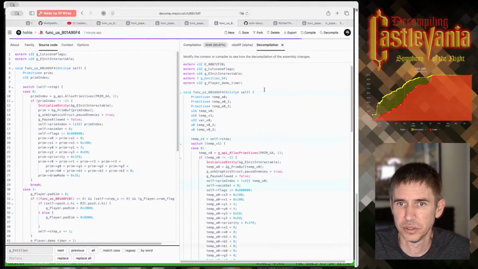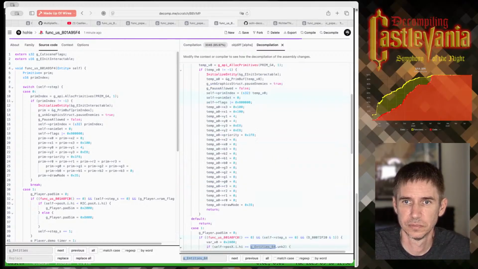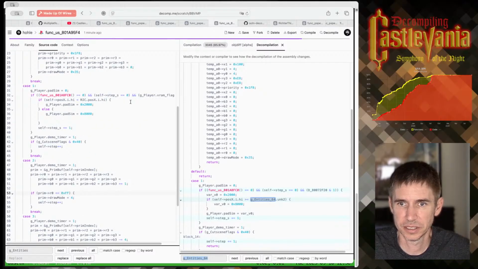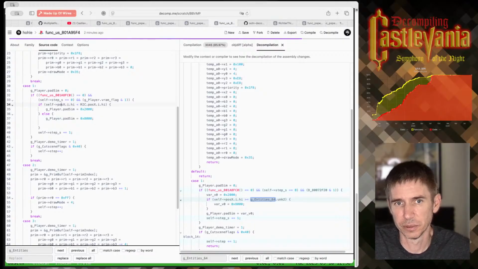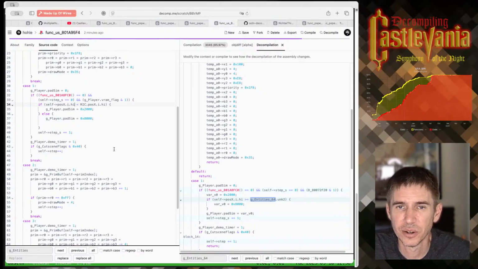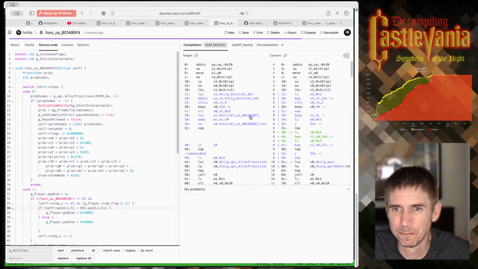Did I delete that too? No. G entity 64 is in case 1. Oh, I already replaced it. Break position X. So this reference isn't used until way down here, but it looks like it's being pulled out before the jump table.